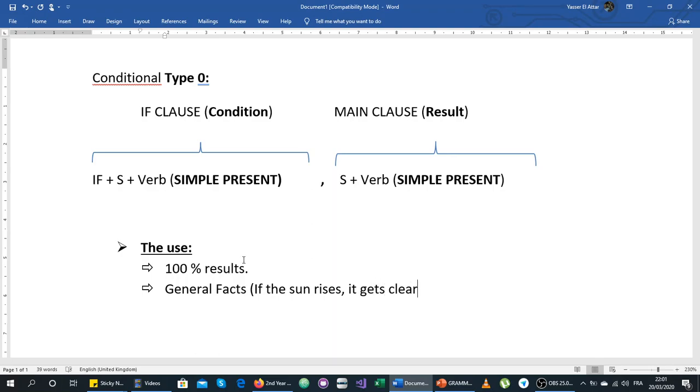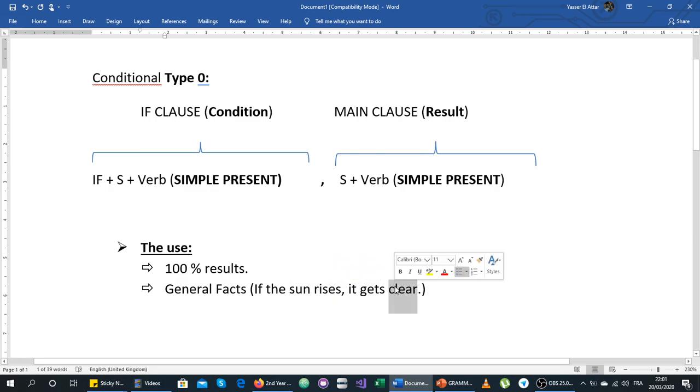During the night we don't have the sun, that's why it is dark. So when the sun rises, or if the sun rises, this is the condition. If the sun rises, it gets clear. There is no way that one day the sun rises in the morning and it stays dark or it stays night. It's not possible. That's what we call